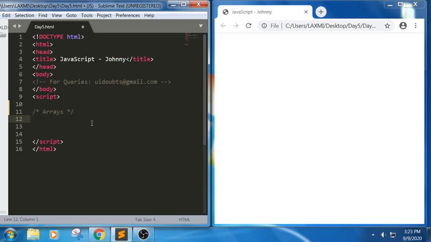In JavaScript we can create arrays in two ways. The first one, we can create using an array literal. It means we can just create a variable and assign some values. See here, I'm trying to write it in this way. This is the first way of creation. Or else we can also create an array using the new keyword, that is, using the array constructor. These are the two ways where we can create an array. Let me put in comments so that you can understand.